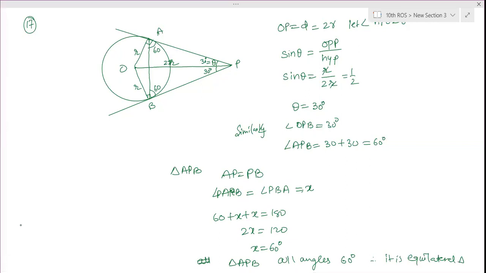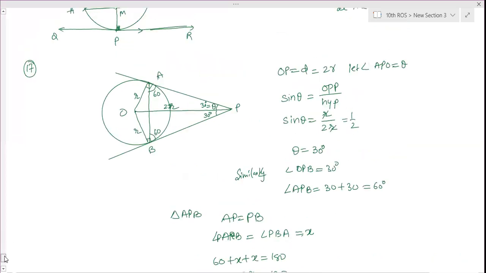How trigonometry is useful? Yes, ma'am. And remember this question, very important question. Hello, ma'am. Am I audible to you? Yes, you are. Okay, ma'am. Ma'am, can you scroll up, ma'am? What? Here only we have started. No, ma'am. 2 hour late.